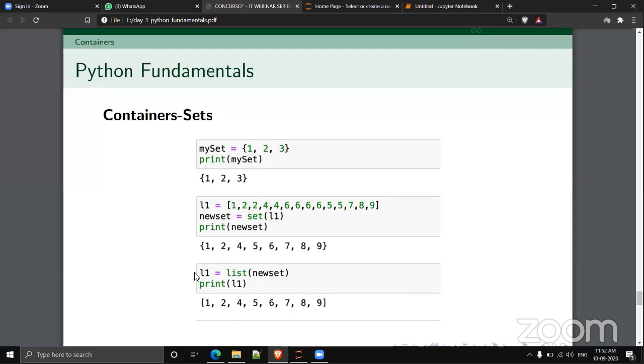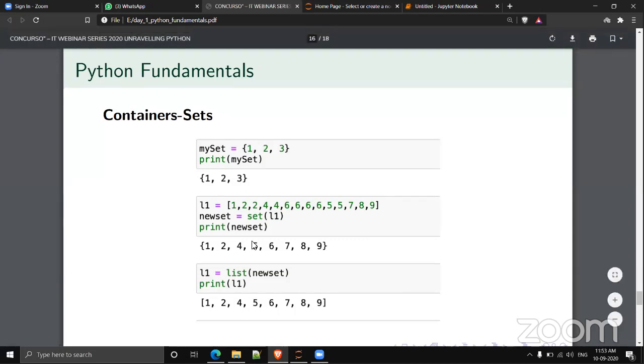So L1 is actually a list, and it can hold duplicate elements. My requirement is that I need to remove all the duplicate elements from that list. For that, I can make use of sets. Just simply convert that list to a set.